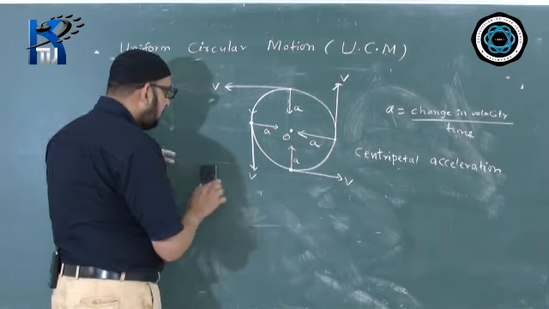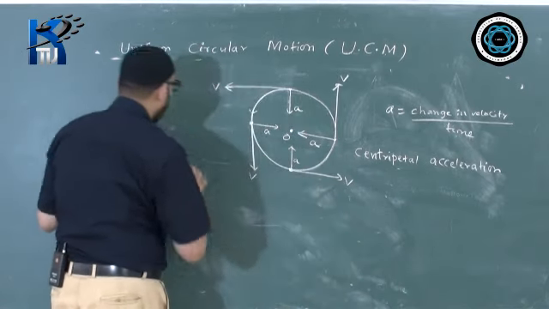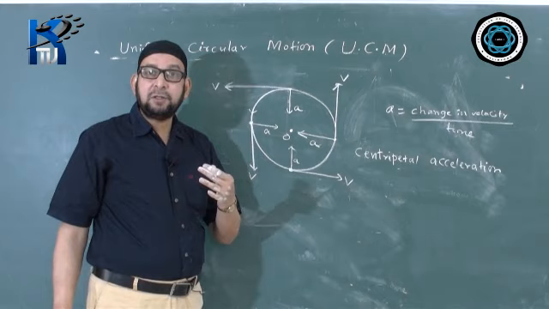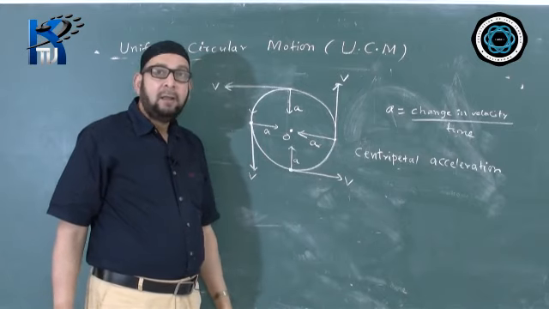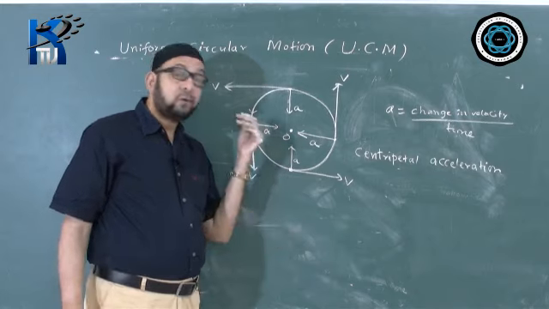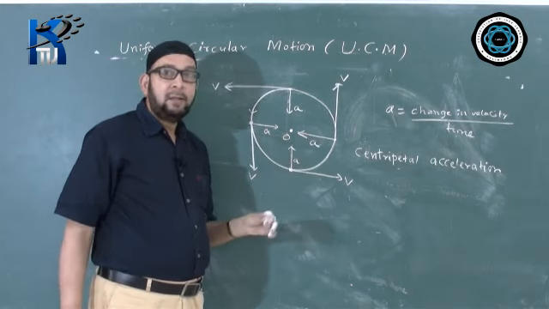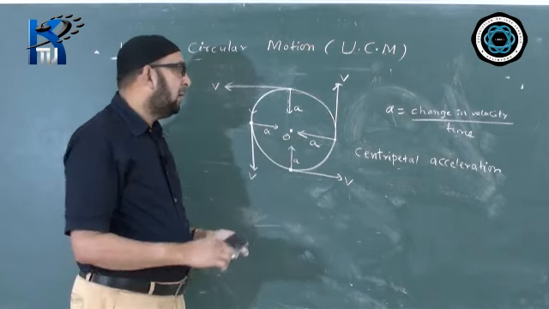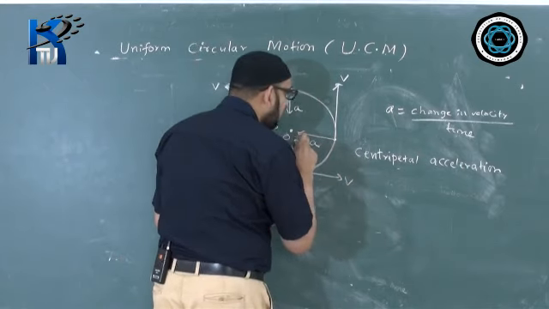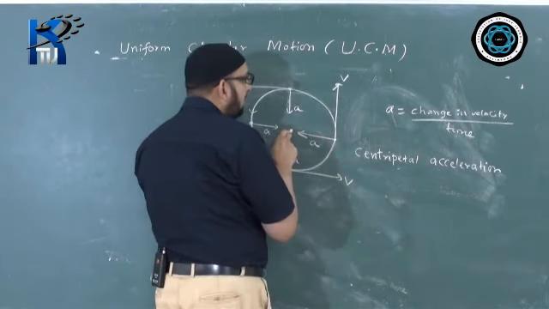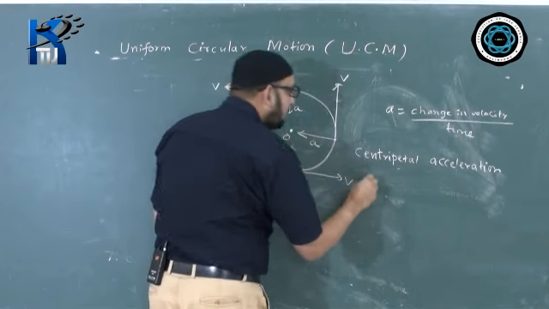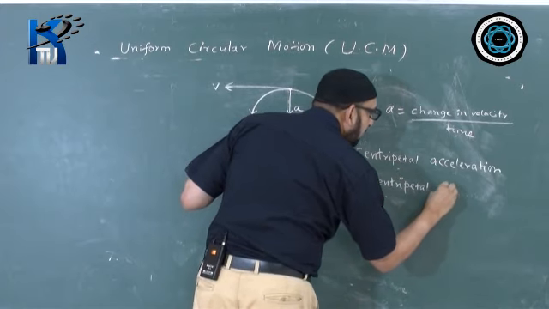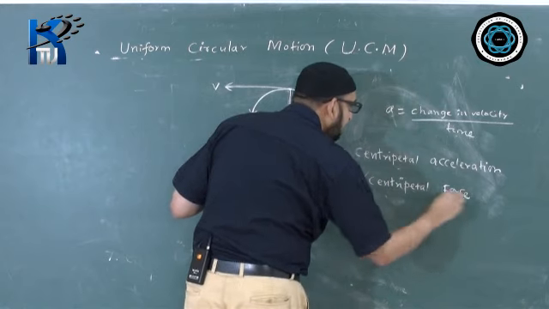So acceleration is also variable here. Now what produces acceleration? We say that a force produces acceleration. Because of force only there will be acceleration. And what will be the direction of force? The direction of force will be same as the direction of acceleration. Since the direction of acceleration is towards the center, the force direction also will be towards the center. So such a force which acts towards the center of the circle to keep the body moving in a uniform circular motion is called centripetal force. Such a force is given the name centripetal force.